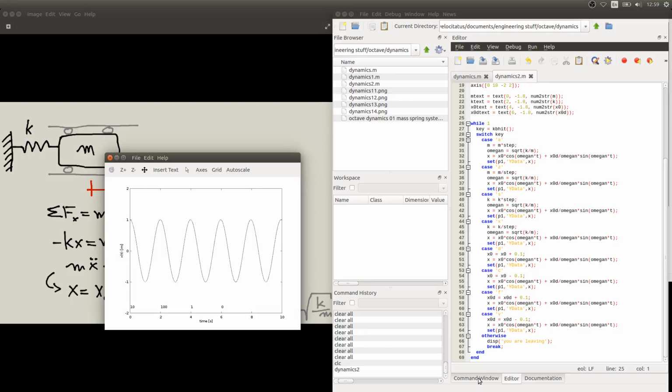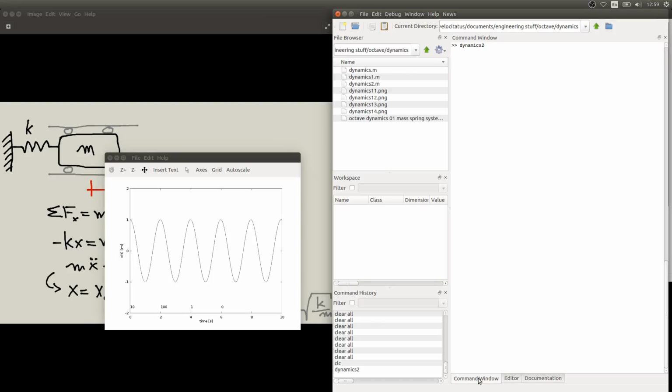So again, we need to go here on the command window so we can interact with it. So we see here the values of our parameters and initial conditions, and I can press A, for example, to increase